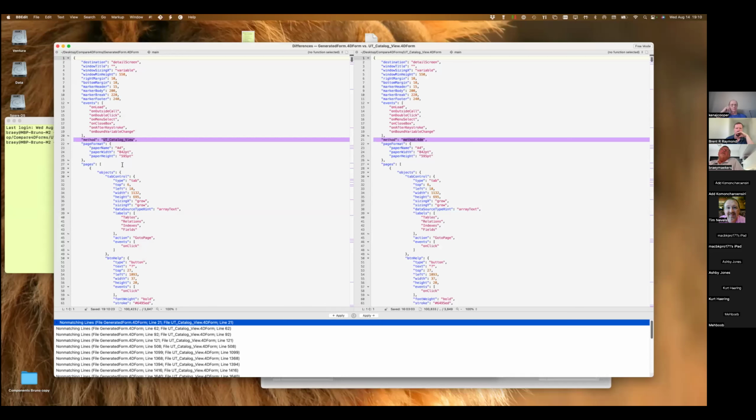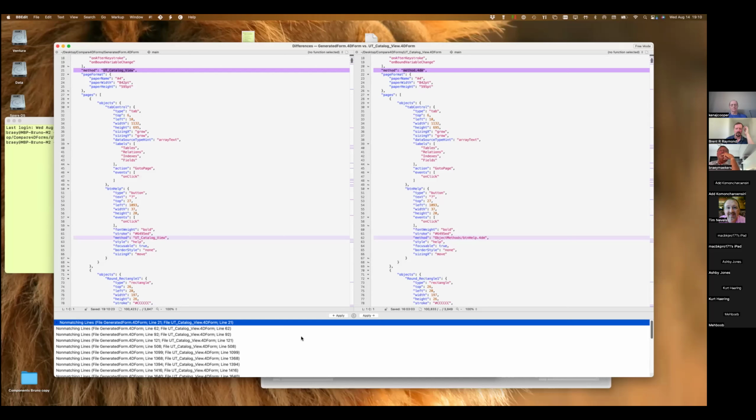So what you see here is two objects. Basically, one is the generated one, and this one is the one that's in your project.